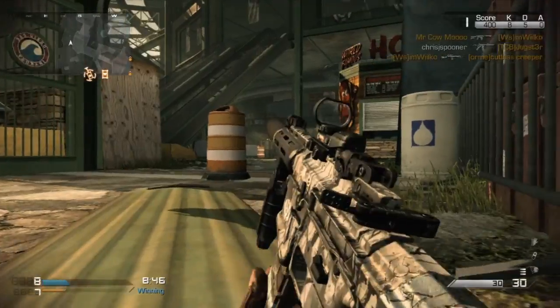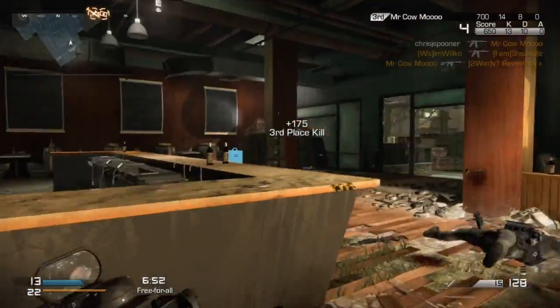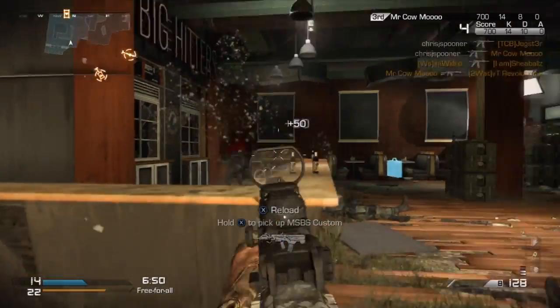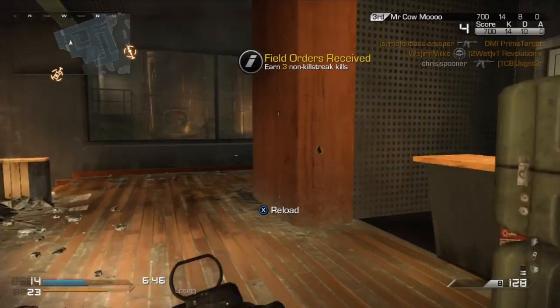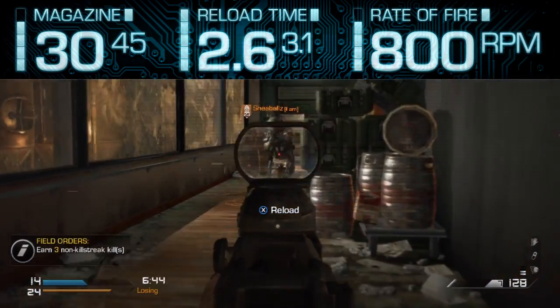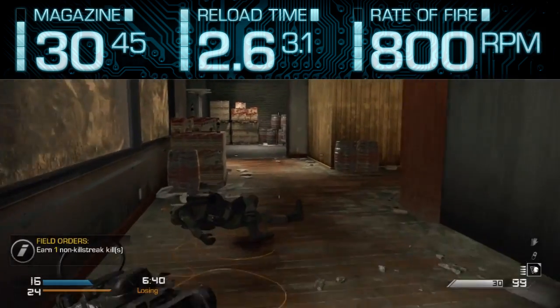Where the Honey Badger does lack slightly though is in its range. 19 meters is where that 3 shot to kill starts to drop off to a 4 and 5 shot kill, but there are a couple of other rifles that do manage to reach out that little bit further with their 3 shot kill ranges. This magazine's got the typical 30 rounds, which can be extended to 45 rounds with the